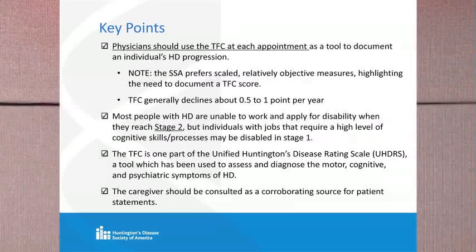In the early years, people generally lose about 1 point per year, and then it starts to taper off to about half a point per year. But it's pretty consistent that people lose half a point to 1 point per year on the TFC. Most people with Huntington's are unable to work and apply for disability when they reach stage 2, but there are individuals that require a high level of cognitive skills or processes that become disabled even in stage 1. But again, it's important to talk about that and document that, or even put why you're giving them points off